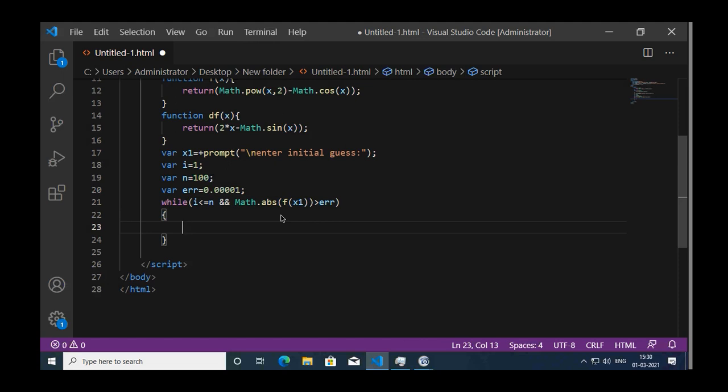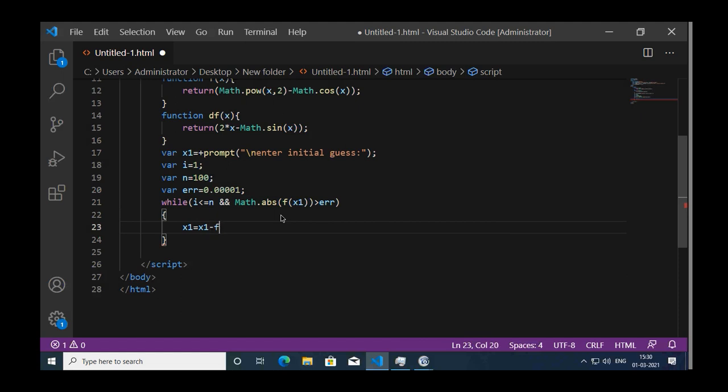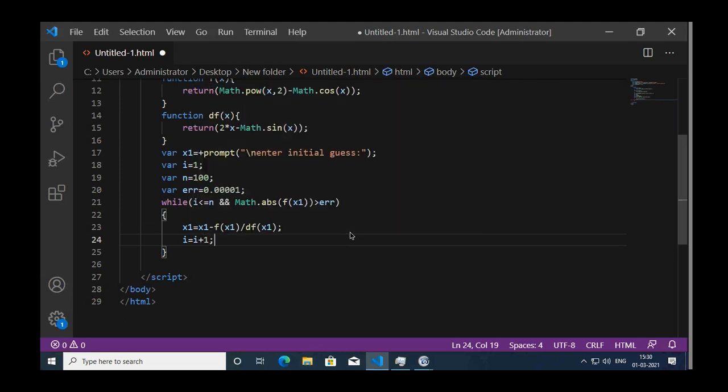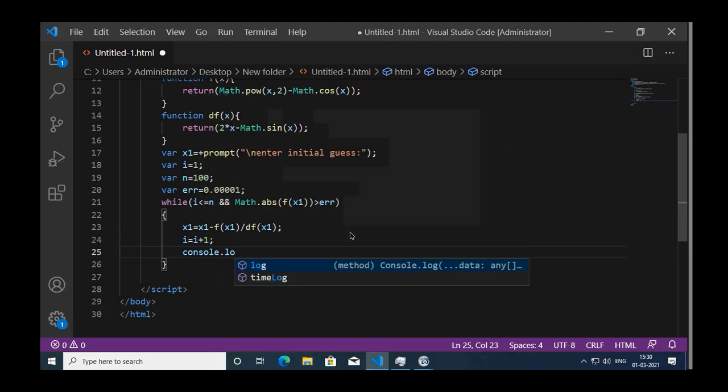So I could say x2 equal to something and then replace the value of x1. So what I do, I say x1 equal to itself, so assigning and replacing both I am doing at the same time. So f of x1 divided by df of x1. So this is what I am doing. Okay, and I need to increment the counter, i plus 1, and finally I need to say console.log,